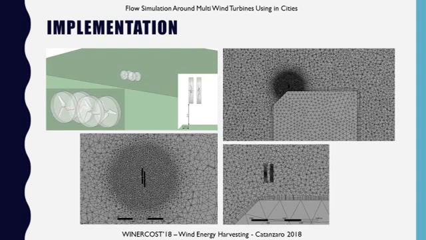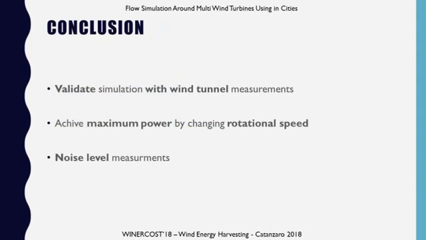So we created a denser mesh bubble around the turbines, and it takes a huge computational capacity because of the many elements, and it takes more time than we expected. As the previous presenter said, it takes months to present the results. We didn't expect that, so while we are waiting for the results, I can only say that the next part